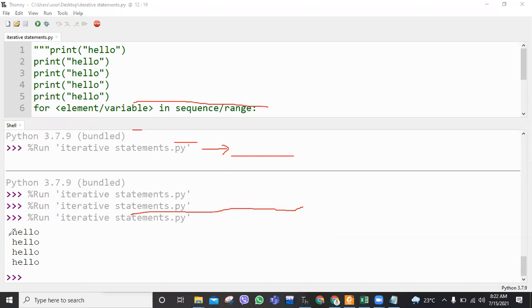So this hello is printed on the first line, this on the second, similarly this on the third, and this on the fourth. This you have to understand, okay? Your output console starts from this point. This is the first line, this is the second line, this is the third line, and this is the fourth line.